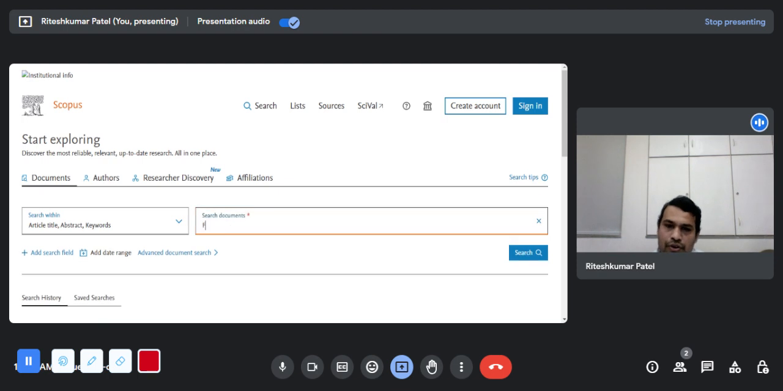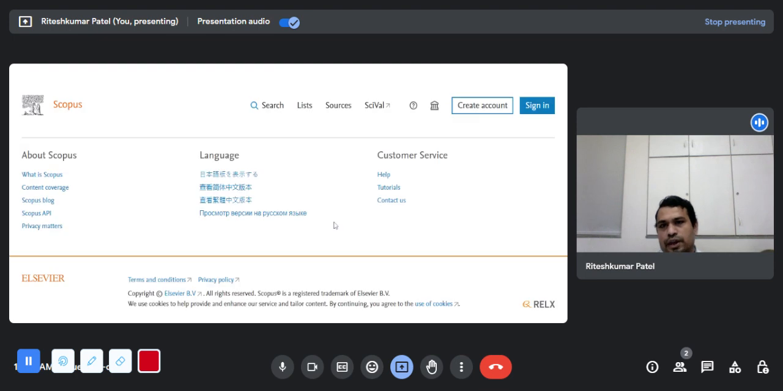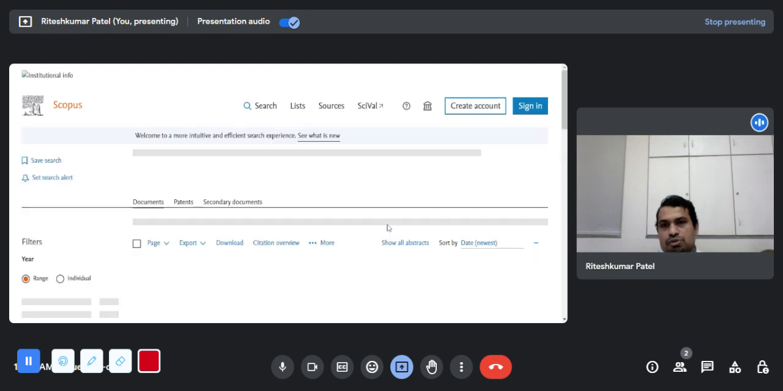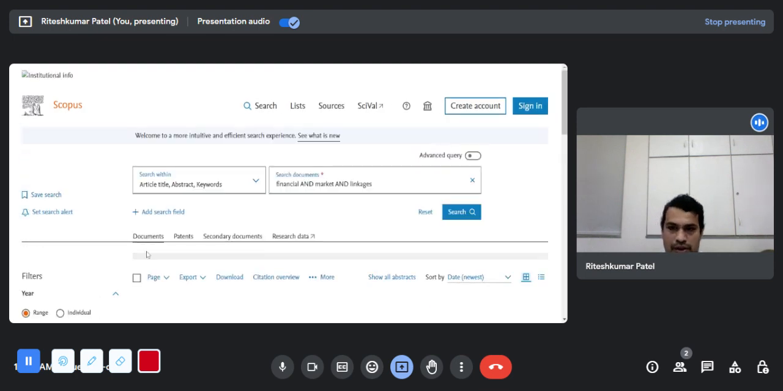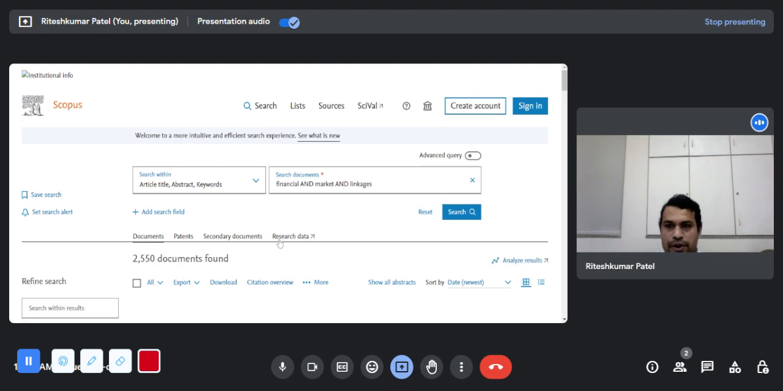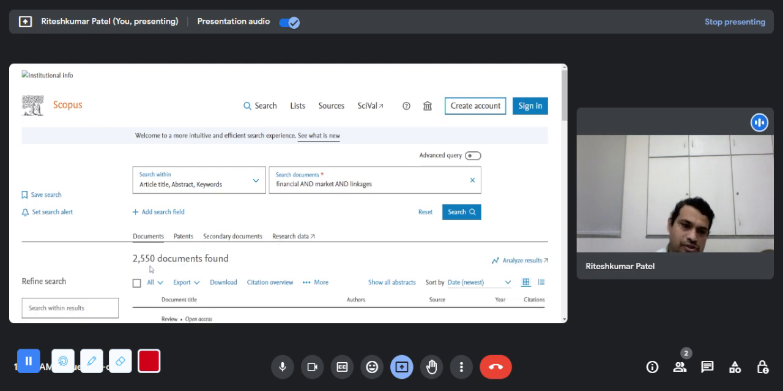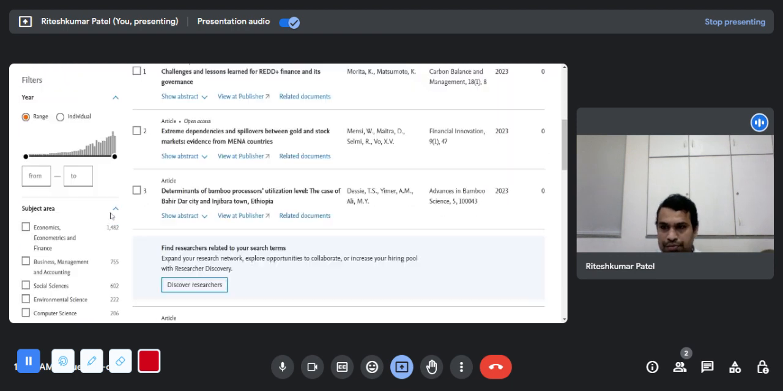Say, for example, I'm writing the words financial market linkages. I will click on search, so I will get certain results. 2550 results are displayed over there. Now over here,